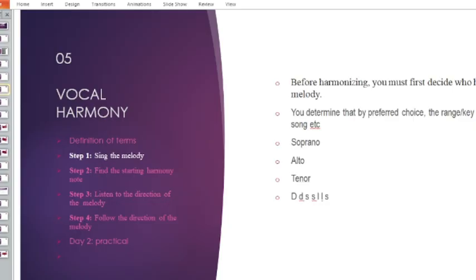Alright, so now step 1. Step 1, sing the melody. Before harmonizing, you must first decide who has the melody. You determine